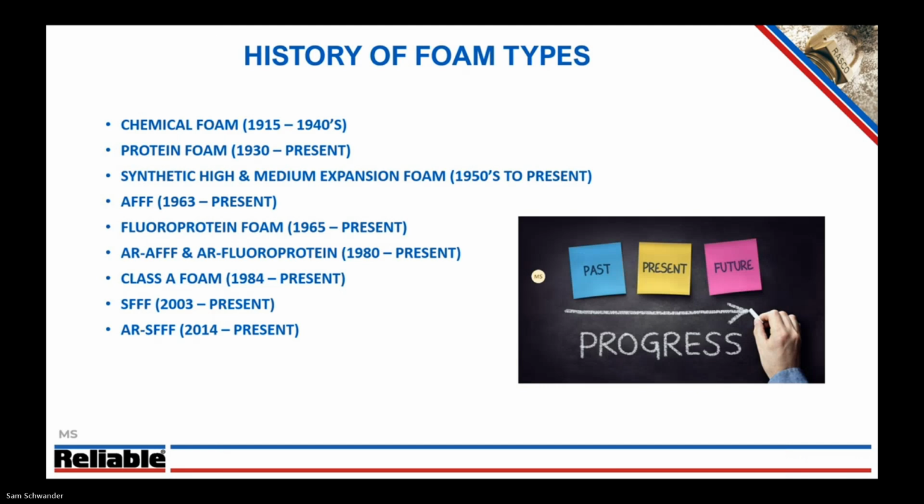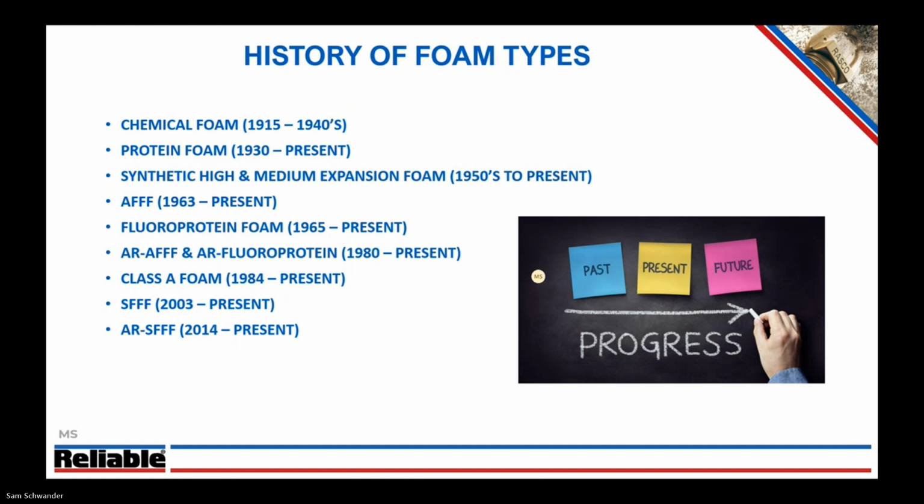So I went a little bit into the history, but this is how the progression happened. The chemical foam was a two-part foam. Mix it together, bubbles were made, CO2 is released, suppressed some fires, which is great. And then they found that protein foam, using some of the components of animals, you were able to make a foam concentrate that, when diluted down, made a very nice foam that suppressed vapors, and you're able to extinguish liquid fuel fires. Then there were some synthetic high expansion and medium expansion foams, AFFFs,